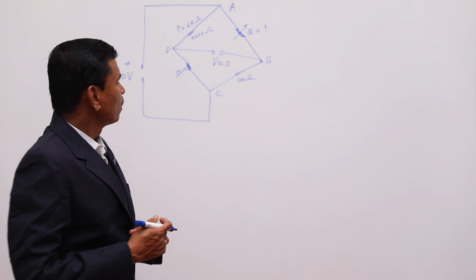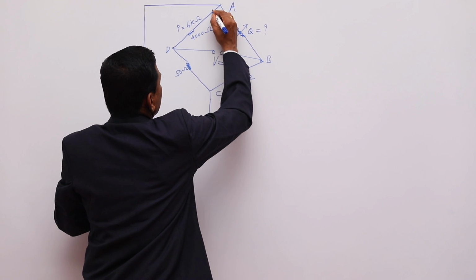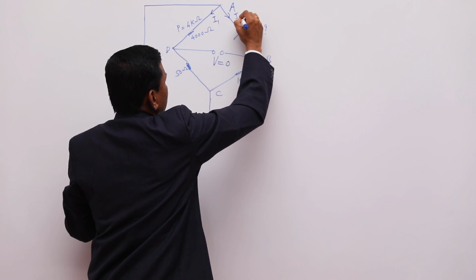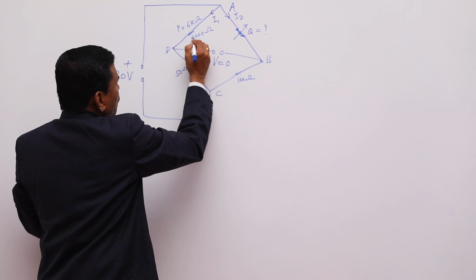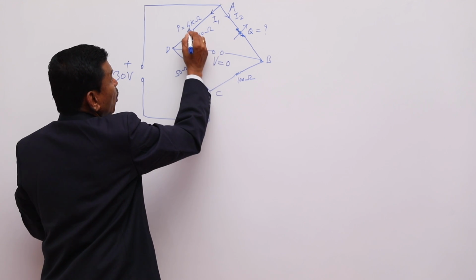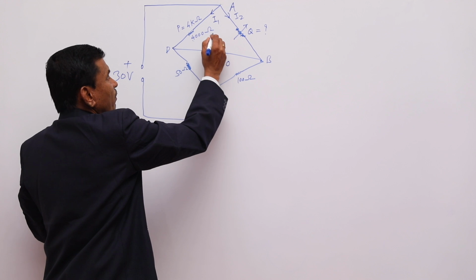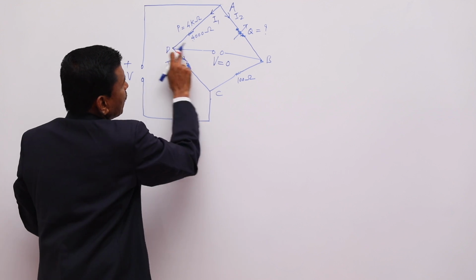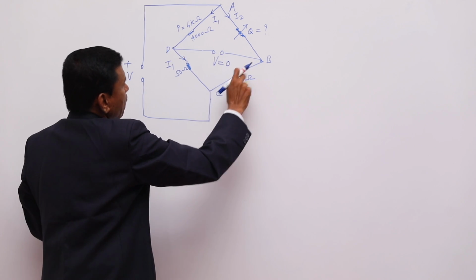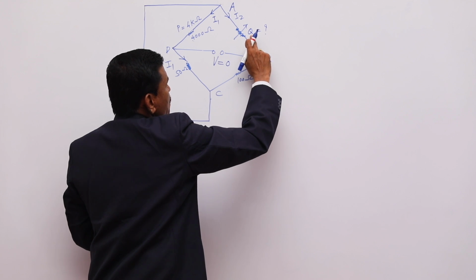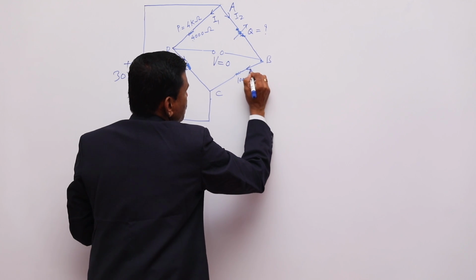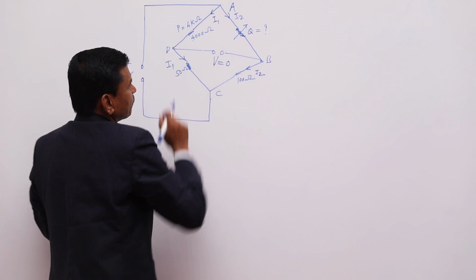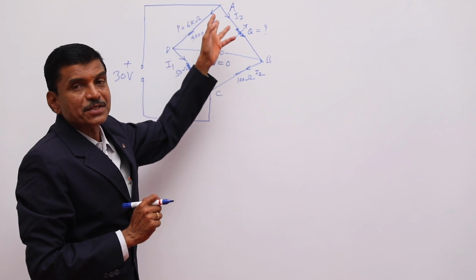Okay, so what we will do, let current I1 be flowing here. So current I2 is flowing here. That current I1 is flowing through the 4 kilo ohm, that means 4000 ohm. And then the same current I1 will flow in the resistance 50 ohm. No current is going from D to B. Okay. I2 current is flowing through resistance Q, and then it is flowing through resistance 100 ohm, I2. No current from B to D. Okay, because the network is balanced.